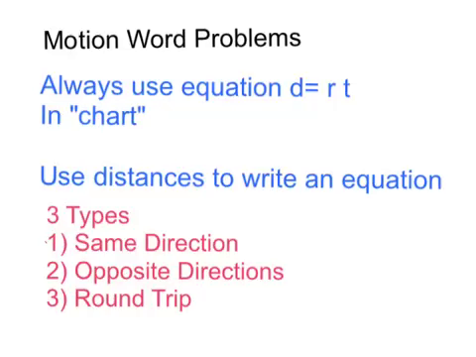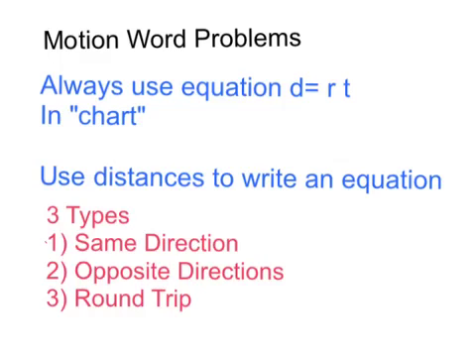In this video, we're going to take a look at how to solve motion problems, also sometimes called uniform motion word problems. The good thing is you're always going to be using the fact that distance equals rate times time. Most times you can set up the information in a chart, which some people like to use, while others just use the fact that rate times time equals distance. You're pretty much always going to use the distances to write an equation, but for these types of problems,